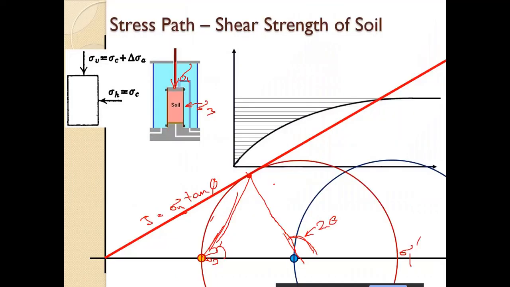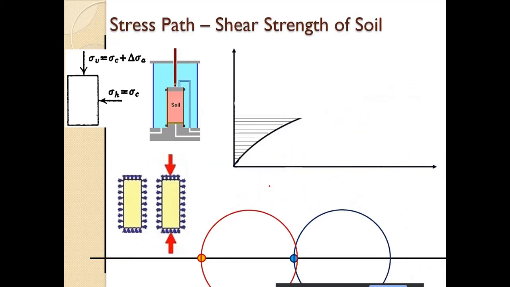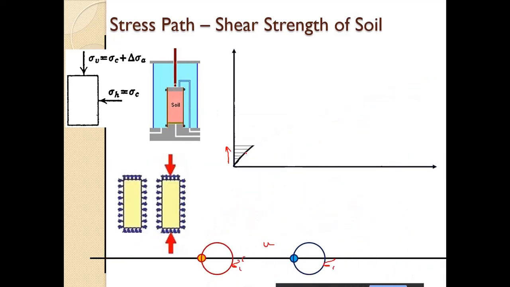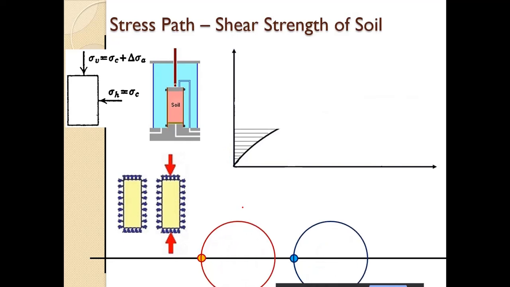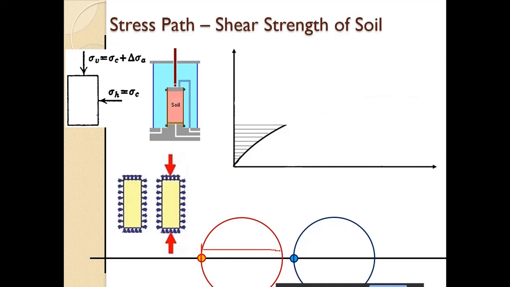Okay, so it has failed. In this manner we go on increasing the deviatoric stress. As we go on increasing the deviatoric stress, the diameter of the Mohr circle keeps increasing. That means